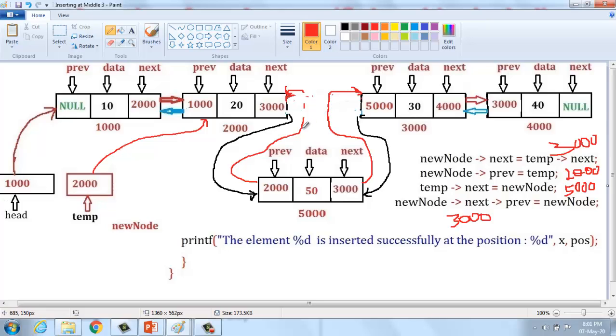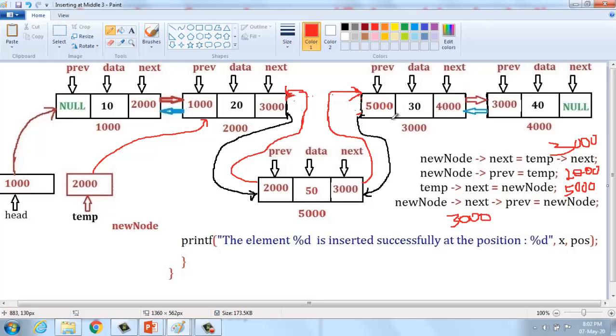This is a link, and this is the link, and the link is communicated.